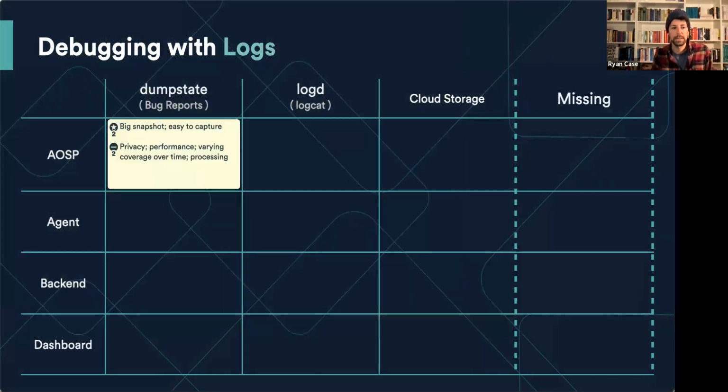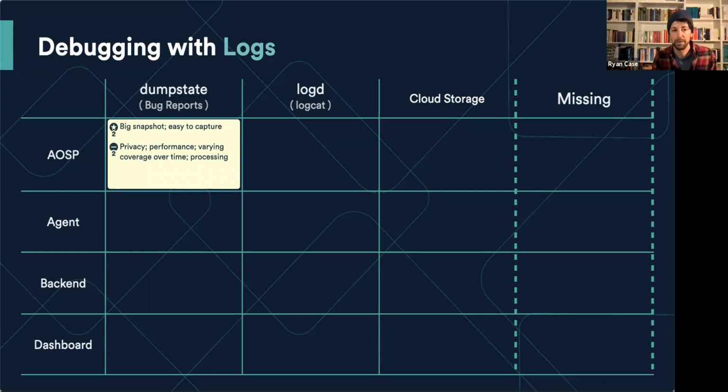The first thing that I tend to see the most often is companies using bug reports. And maybe this is a little controversial, but I would give that a neutral score, because even though bug reports can contain so much data, they're a big zip file produced by this native application that's been in Android since the dawn of time called dumpstate. It produces these huge snapshots of what's going on in the device, and that can be really useful for debugging. But for this particular purpose, we want to call out a few things. Like, these are production devices that we're looking to monitor, and